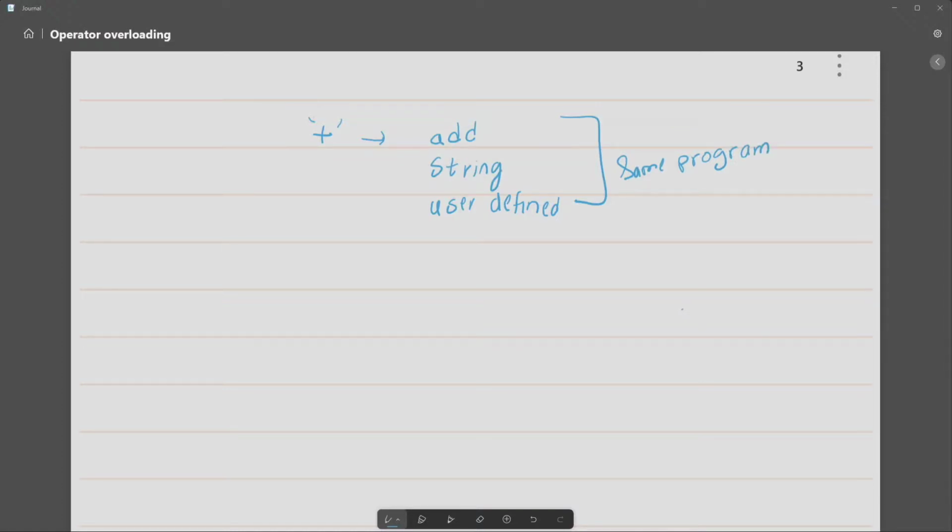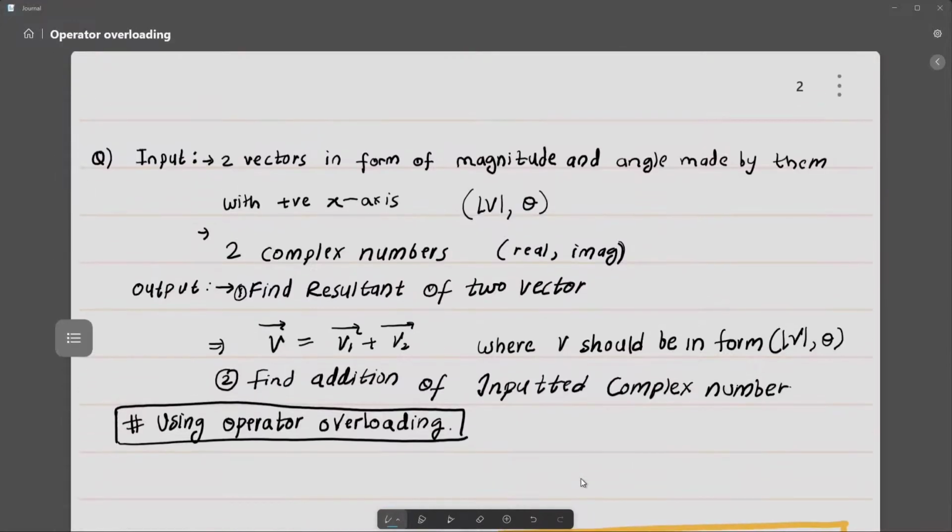And that's why I have taken this problem. There will be input, and there will be two kinds of operation that we have to perform, that is vector addition and complex number addition in the same program. For the first, there will be two vector inputs, in the form of the magnitude of the vector and the direction in terms of theta from the x-axis, and the output will be in the same form.